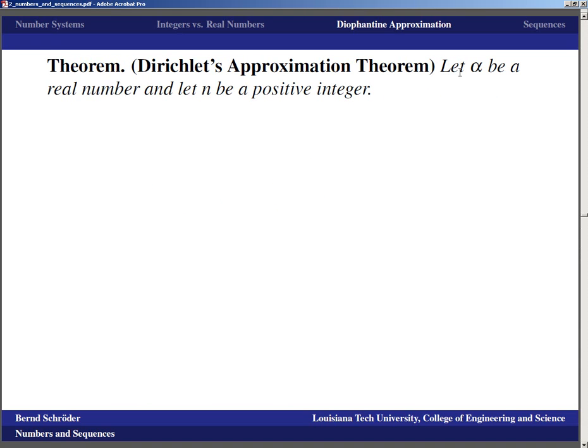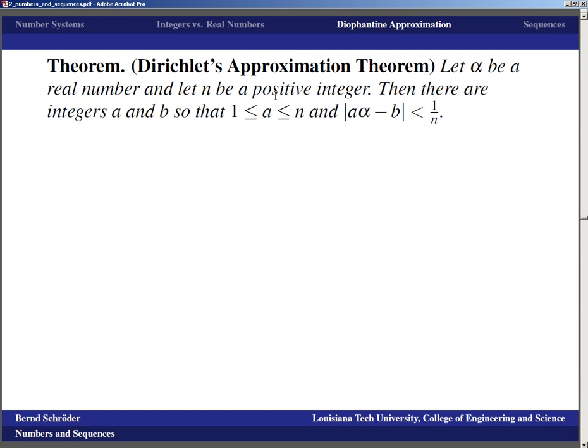And well, we want to talk about a real number alpha, and we let n be a positive integer. And we are saying that then there are integers a and b, so that a is between 1 and n, and |a alpha minus b| is smaller than 1 over n. The reason why that is an approximation theorem is because if you divide by a, you end up with the fact that alpha minus b over a, and b over a is a rational number, that distance is also smaller than 1 over n, and that basically means that for every real number you can find rational numbers